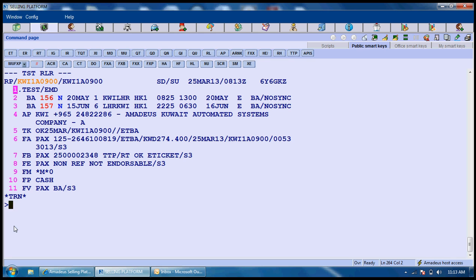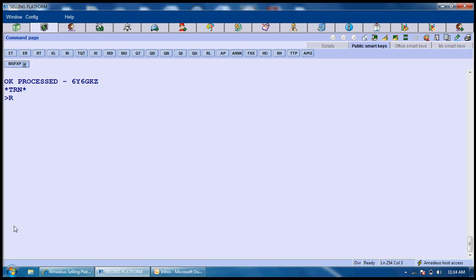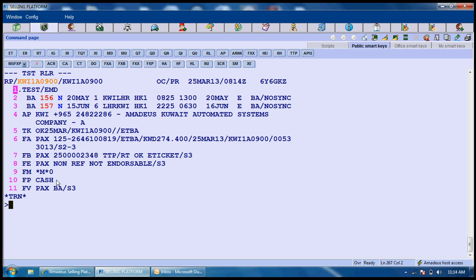In order to do the revalidation, which is the first part, we will do the revalidation entry, TTP/ET/RV electronic ticket revalidation /L6, which is the OAFA element, segment 2 and electronic coupon number 1. Once we do this entry, the ticket is revalidated. The next step will be issuing the